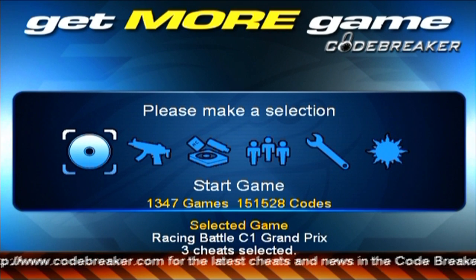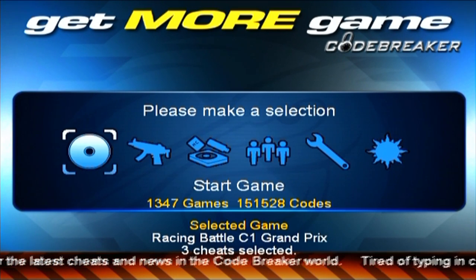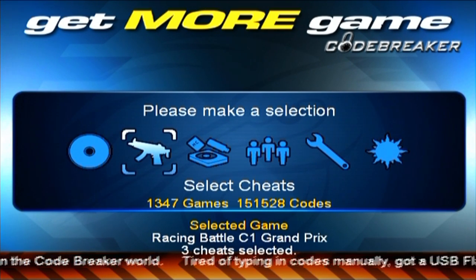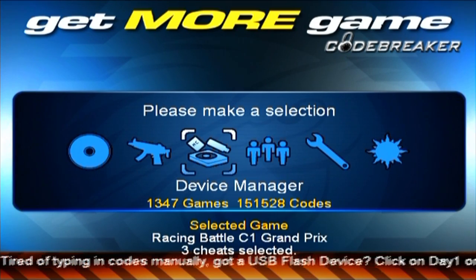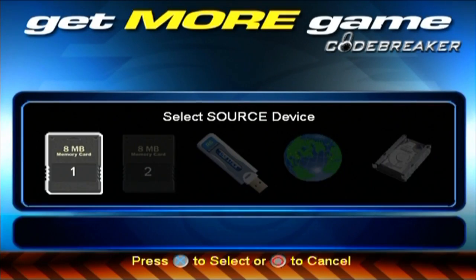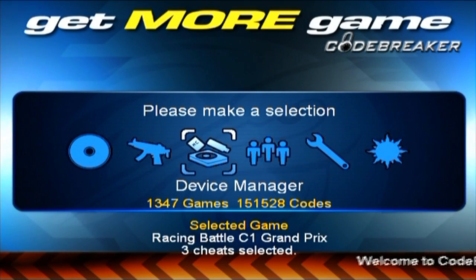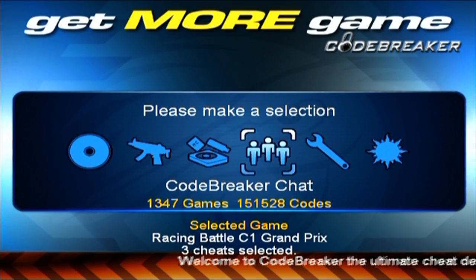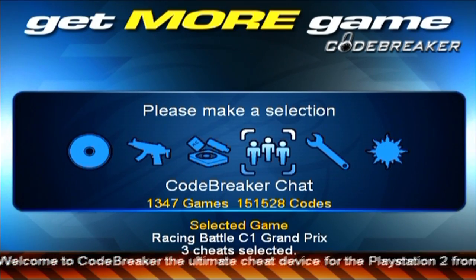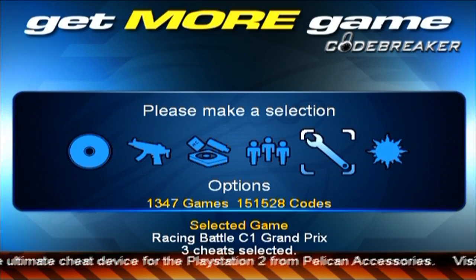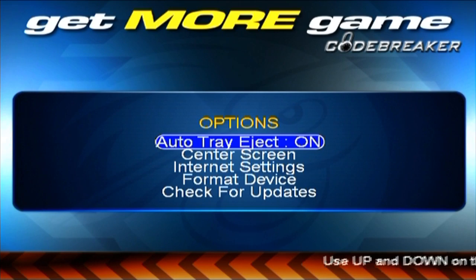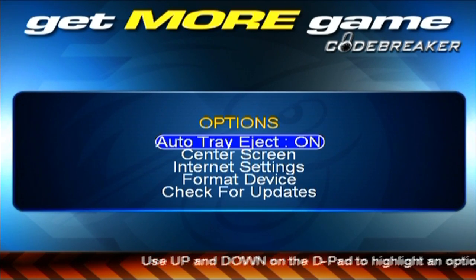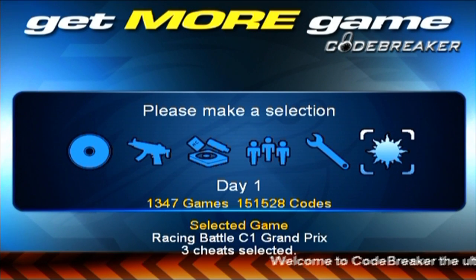So you have 6 options here. You can, of course, start game, which we'll get to later. Select cheats, which is the cheat menu. Device Manager, which works very similar to the Max Manager in Action Replay Max. Codebreaker Chat, which is really obsolete by this point. Options, which are the options and settings that you can go through with the Codebreaker, as you would have expected. And day one was